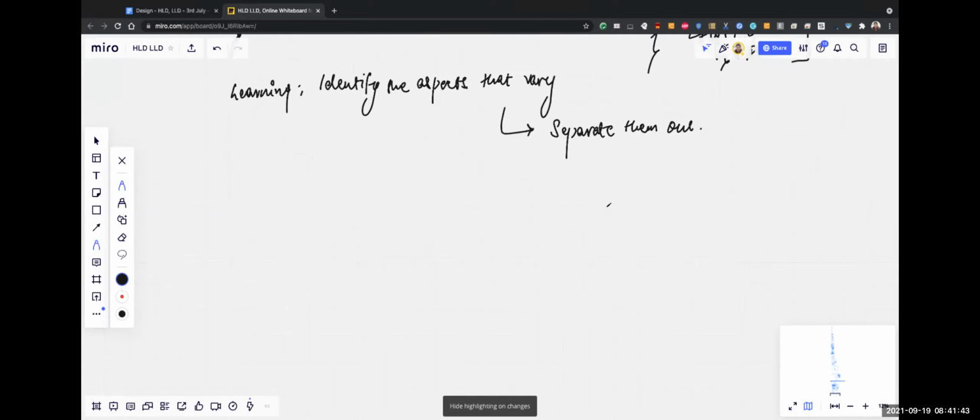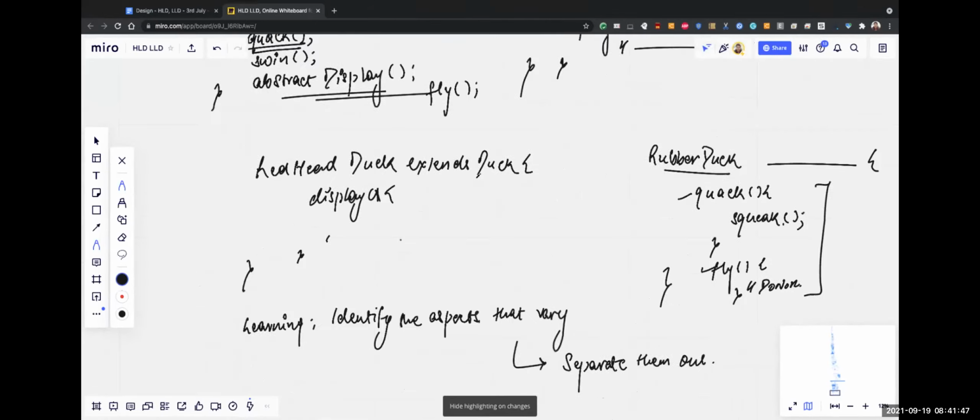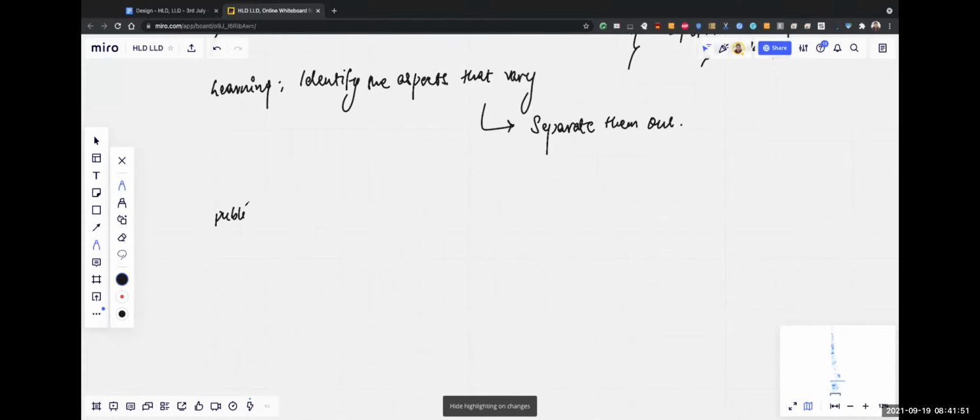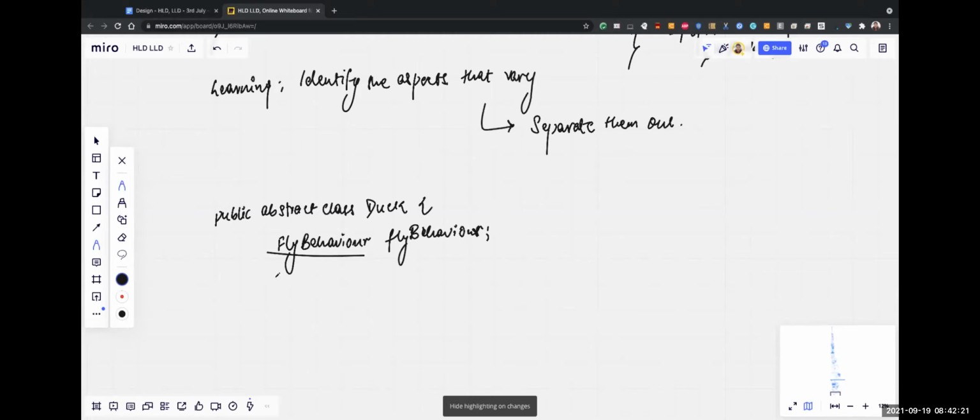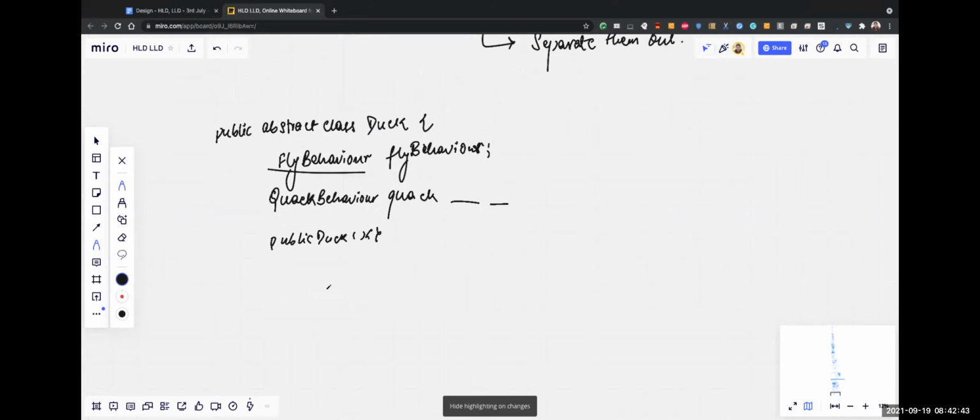So what we can do is, instead of writing all the methods here itself, we can create an abstract class Duck. And let's say we have a fly behavior. This is my interface. And then I have a quack behavior. And then we have public Duck, which is my empty constructor. We have a display method because